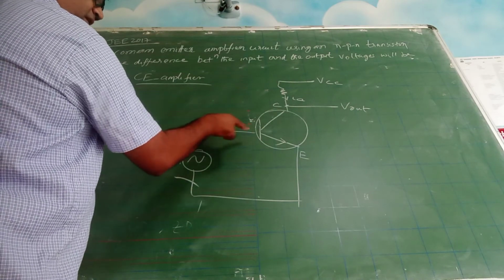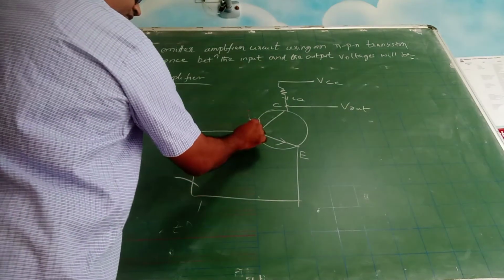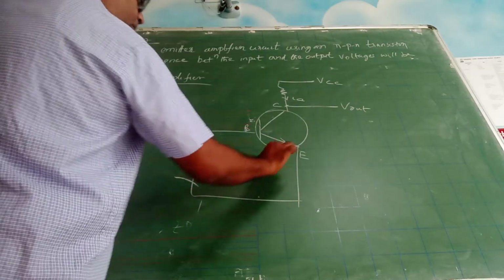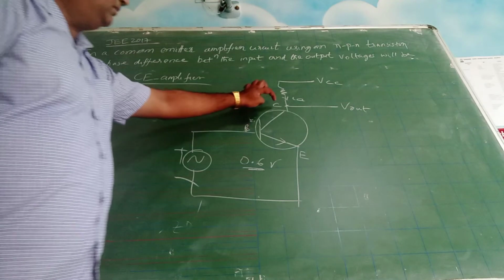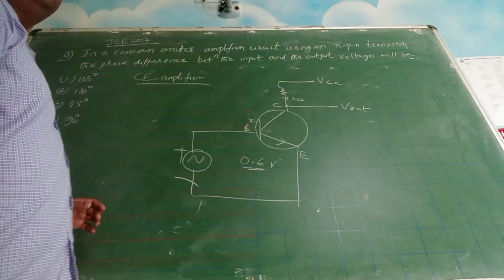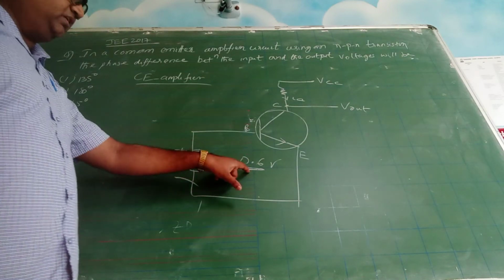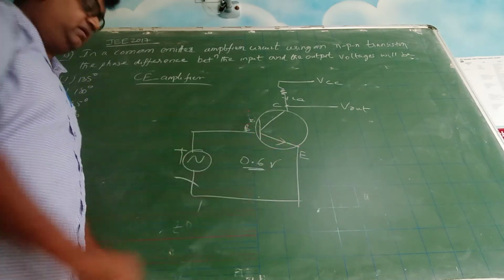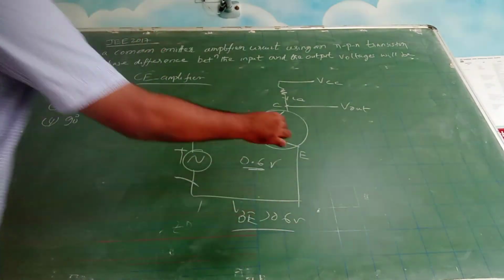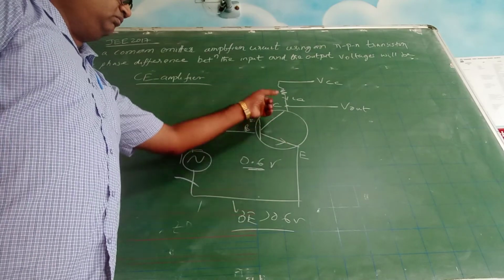See, when this voltage is increased, what will happen? This current also will increase. See, we have discussed this point that from base to emitter, when the potential gap is 0.6 volt or more, from collector to emitter, the current will flow directly. So if you are increasing the voltage, more current will flow. If the voltage is less than this, no current will flow. Okay. If VBE is more than 0.6 volts only, the current will flow. If it is less than that, it will not flow. If you are providing more voltage, more current will flow.